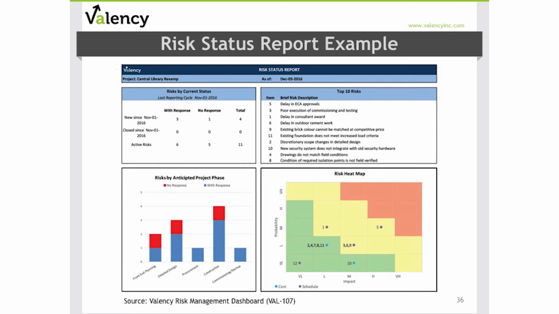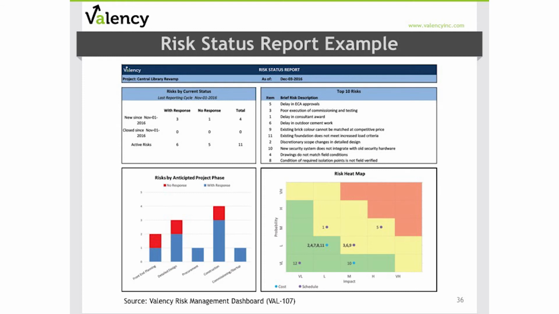The risk status report example that you see here was generated using that risk register dashboard. Let's take a quick walk through the components of this report. In the top left-hand corner, we start with a review of the current status of identified risks. It helps us understand how many new risks we've had in the past month, how many have been closed, and of our active risks, how many of them have responses and how many do not.